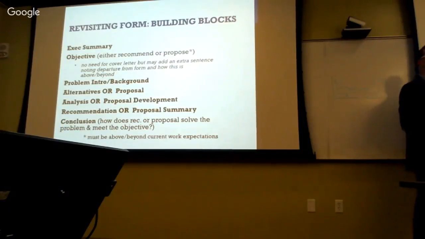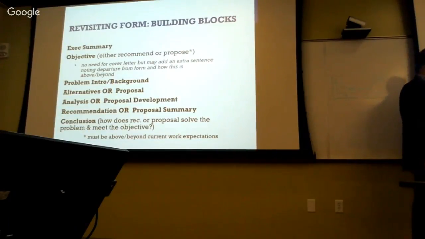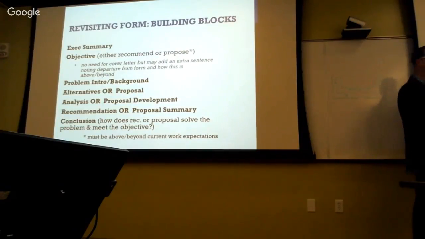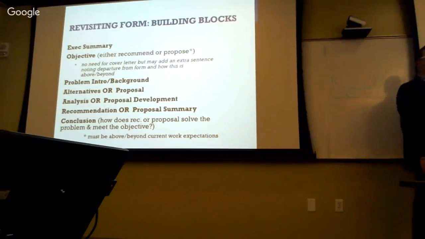If you're writing a recommendation where you've done this alternatives analysis, what you're going to be doing in this section is essentially saying, this is the alternative or alternatives that best maximize whatever values. You're starting to close the loop, in other words. This is where you'd want to point your busy decision maker. Okay, what does this person want from me? Well, read the recommendation.